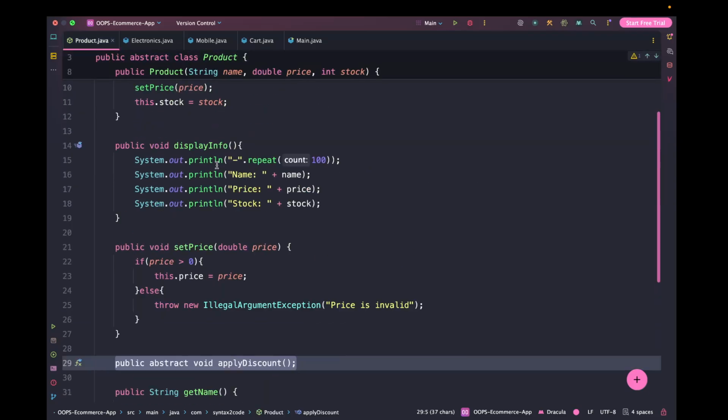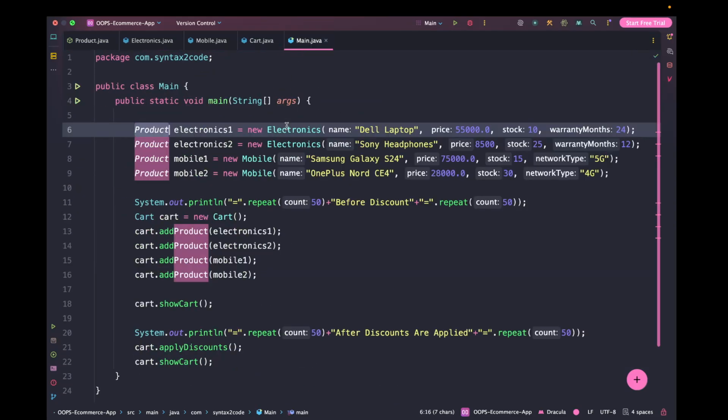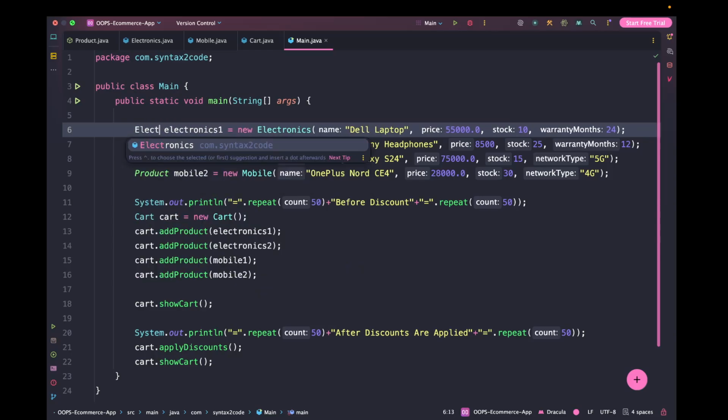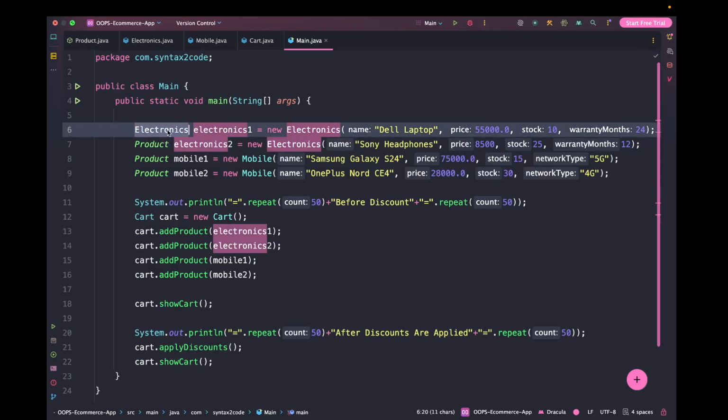The compiler doesn't know whether we are going to create the electronics product or the mobile product during the compilation time itself. But when we keep electronics here, the compiler knows